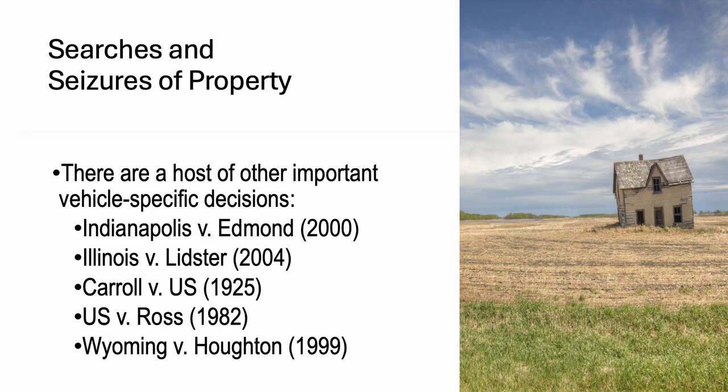So this case really expanded the scope of automobile searches, and it allowed for more thorough searches of vehicles. And again, it goes on and on. If you look at Wyoming versus Houghton, again, another decision that extended automobile expectations and emphasized that passengers' property can also be searched. So again, remember we talked about passengers coming out of the car to get pat-downs for weapons. This also talks about passengers being searched for any type of things in and around their persons.